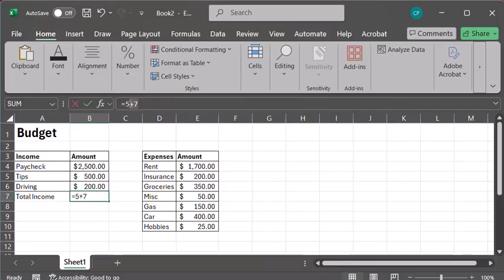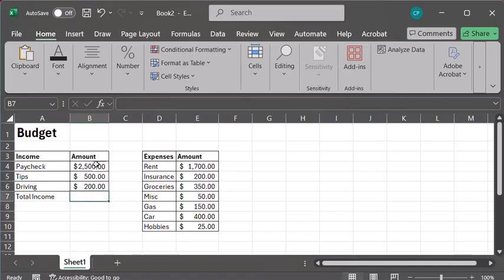I can also reference individual cells. So if I wanted to just add this cell and this cell, I can do that with addition, and I'm just clicking on those cells to reference them, but you'll see that it shows the name of the cell. So this is column B, cell number 4, is that 2,500 number on the screen. So this also works. That's just adding up those first 2 numbers.